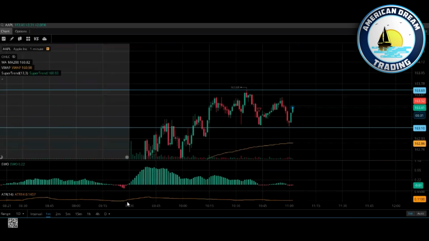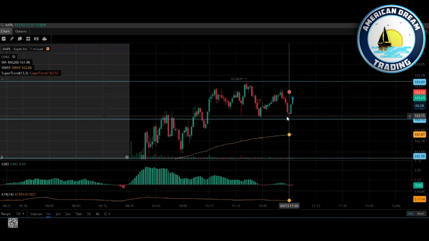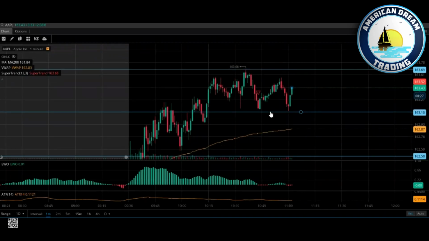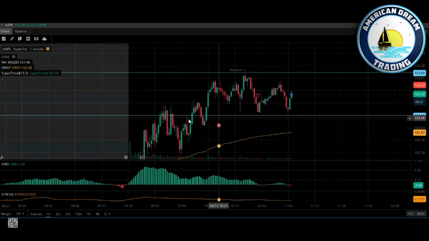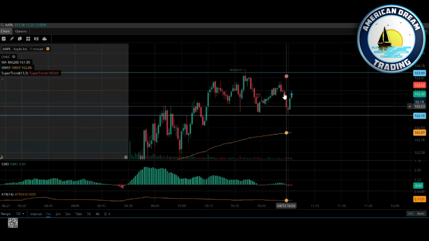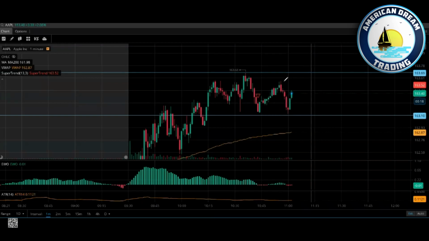So now, because we've been letting it run to the moon, just don't let it come back below this 163.10. See it here? Because if it does, it's most likely going to then come down to VWAP, because it's already touched this twice in succession too fast right here. See it? I don't like that move. That's all I'm looking at. But other than that,